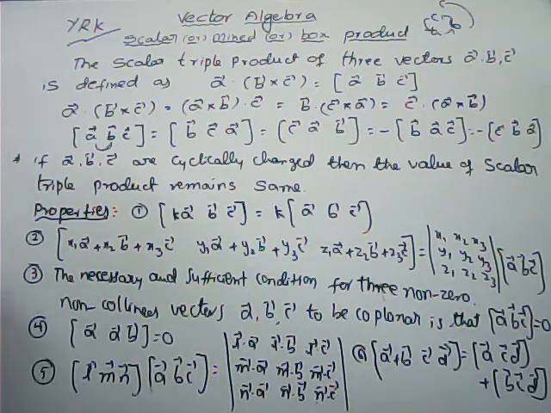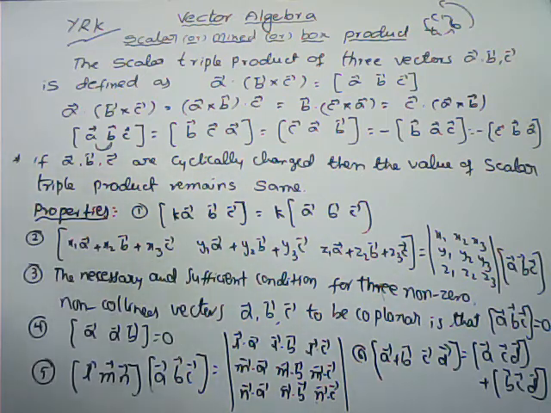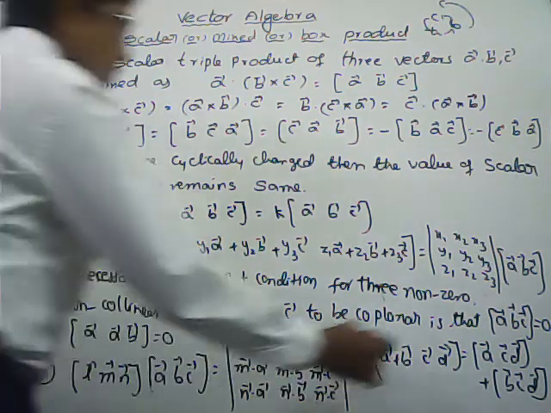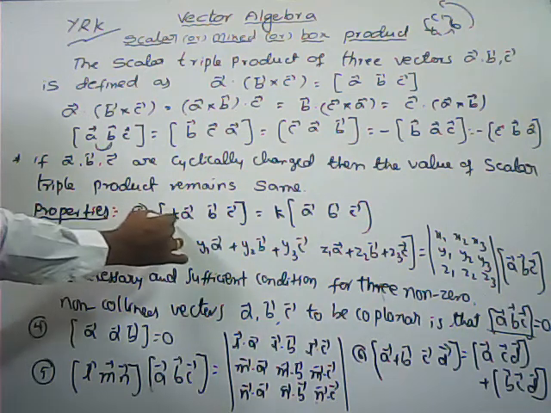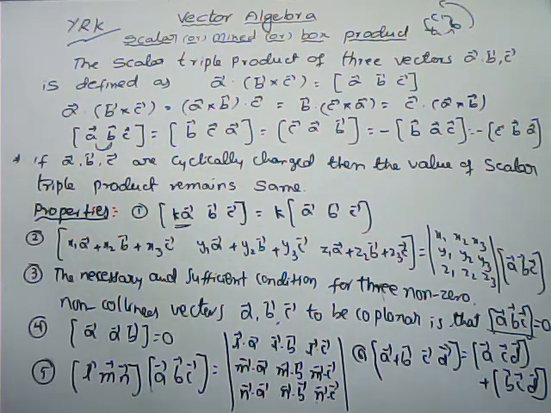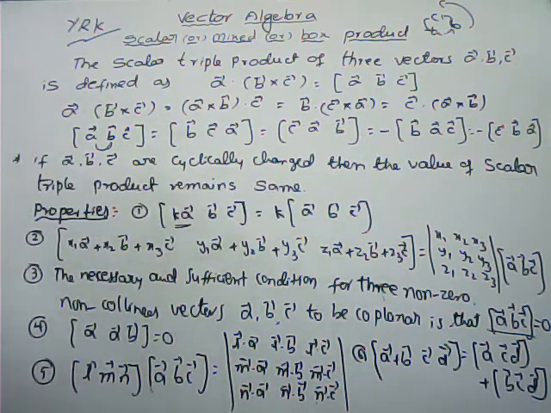Next, if the three non-zero and non-collinear vectors are coplanar, its box should be equal to 0. Box means A bar dot B bar cross C bar. And if every element in the first row is a multiple of k, so it's a determinant, we can write k times the value of the original determinant only. So k times box ABC we can write.